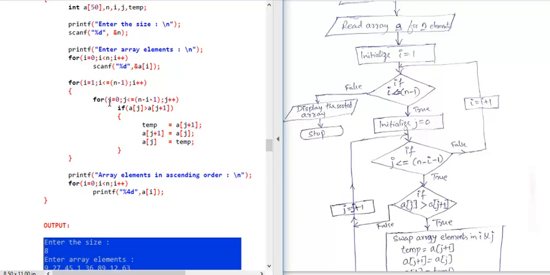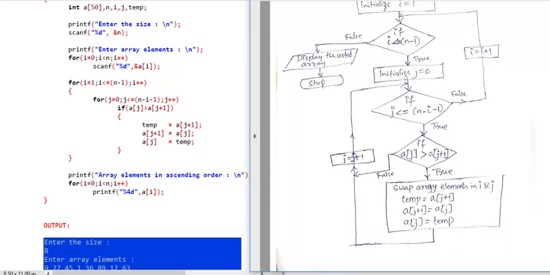And what is this for loop? The first statement executed is j is equal to 0. Initialize j is equal to 0, and then it will check the condition j less than or equal to n minus i minus 1. If this statement is true, it will come here. So I am just going along the true path. We will come to the false later. j is less than or equal to n minus i minus 1, true.